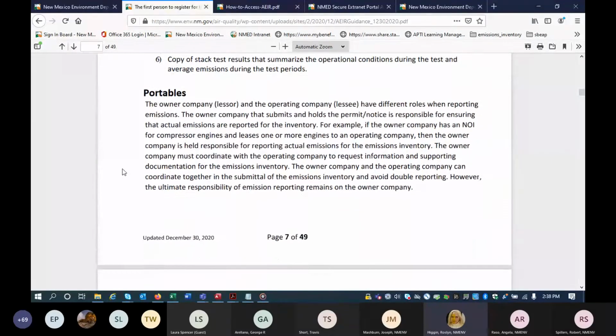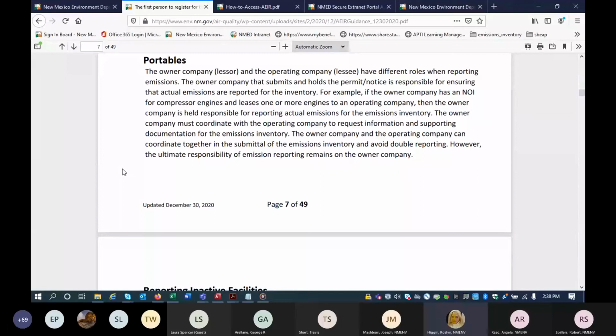Portables is an interesting type of company. They've been given mostly NOIs, some are NSRs, and we have decided that the owning company, the one who holds the permit, is the one that is responsible for the emissions inventory.